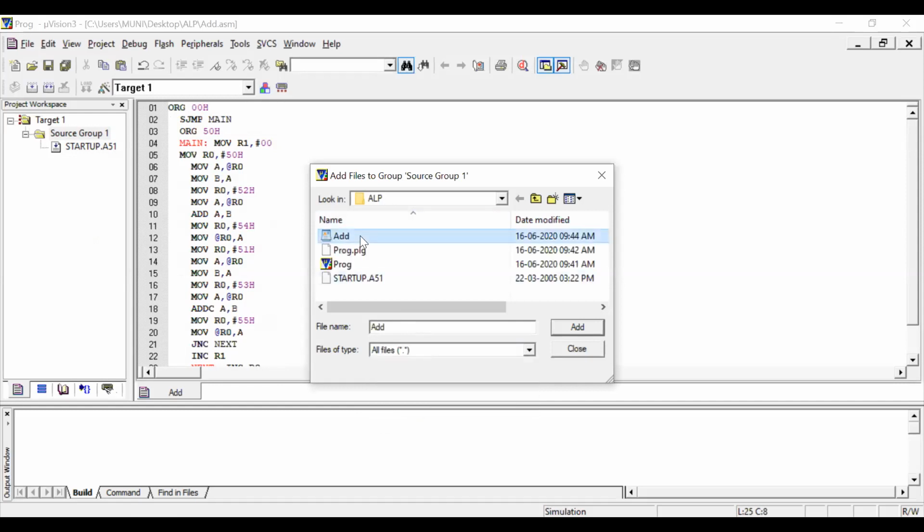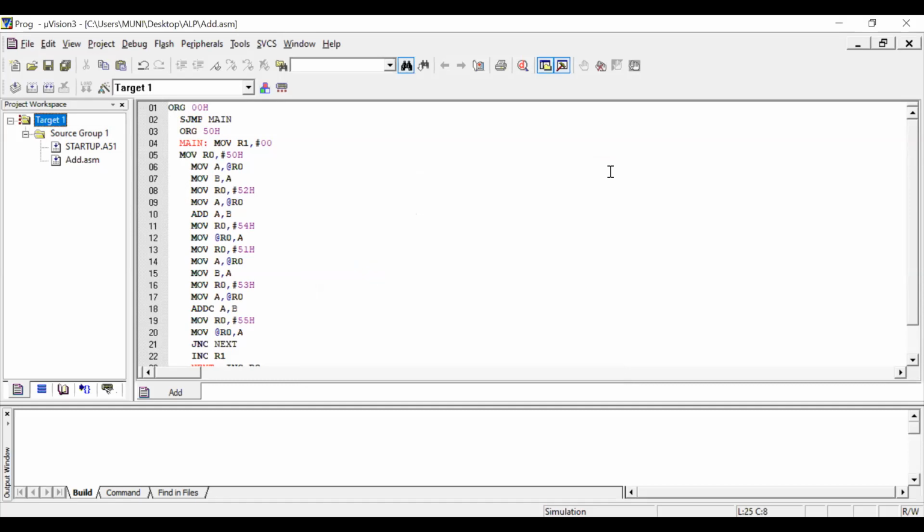The file name is add, and then click add. After completion, the file is automatically added in the project workspace on the left side. Check it. So the file is added. Close this window.